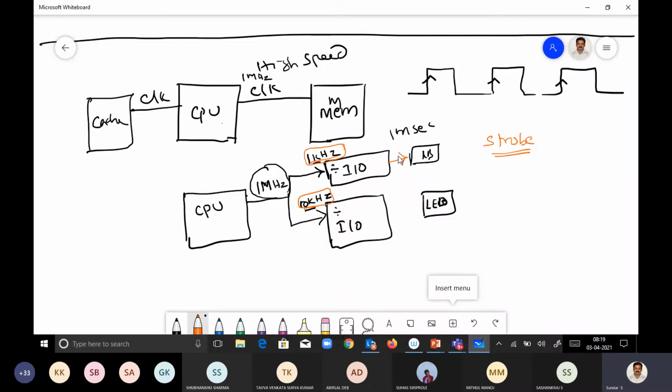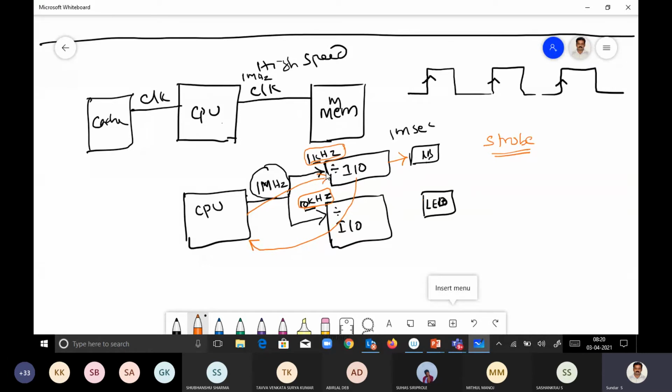Okay, suppose the CPU is not interested in knowing all these values of IO devices. What it can do, it can send a signal to this IO device: I am ready. Suppose this IO device is ready, during that time it can send a signal back: yes, now I am also ready, we will have communication among us. So a request signal from the CPU and an acknowledgement from the IO. This is called handshaking signal.